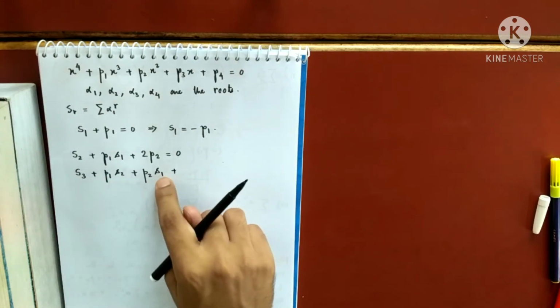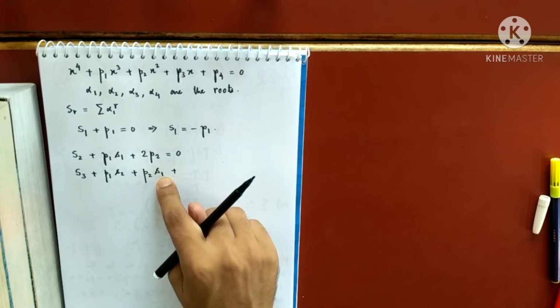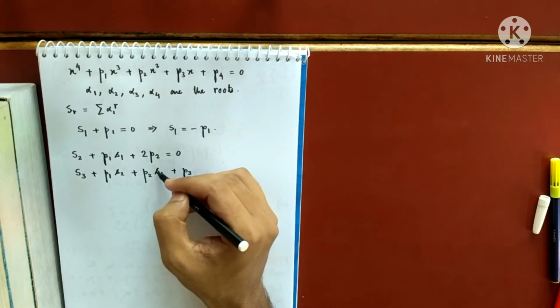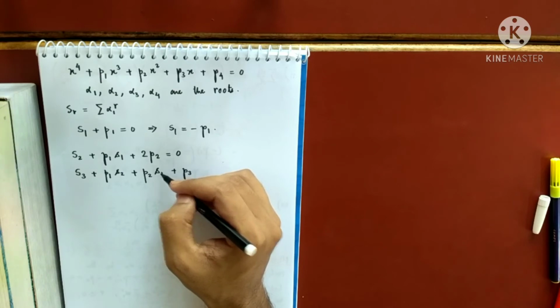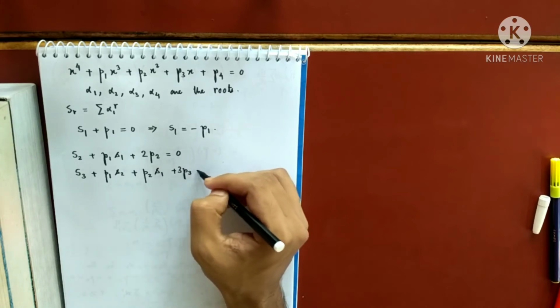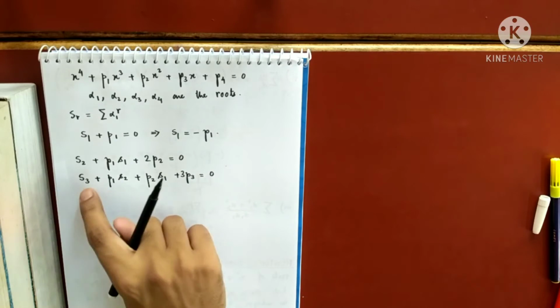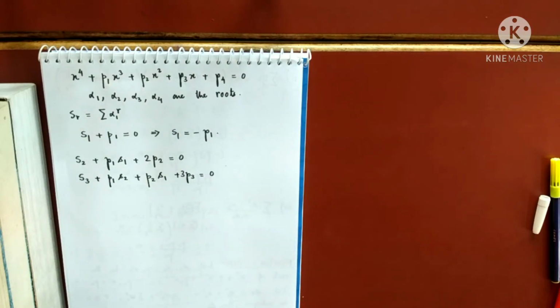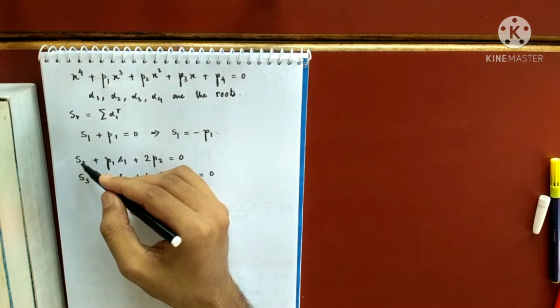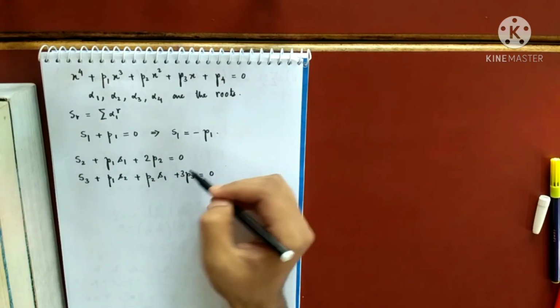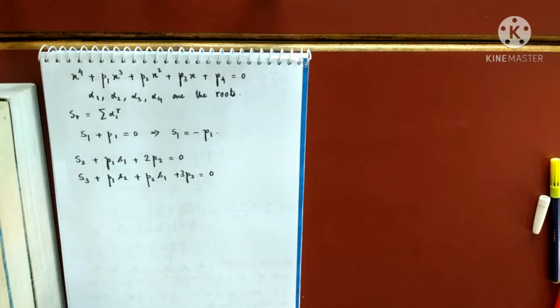And you see, I cannot decrease S1 further, right? So I should get here P3 and nothing but 3 here, because we cannot decrease this further. So this is equal to 0. Understood? So this will now give me how to find S3, because S2 will be known from this equation. S2 is known, P1 is known, S1 is known, P2 is known, P3 is known, 3 is known. So S3 can be determined.